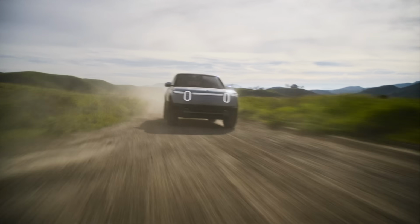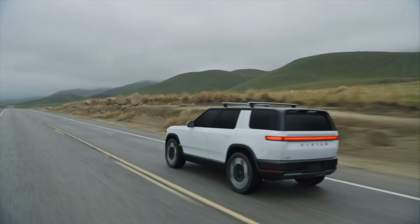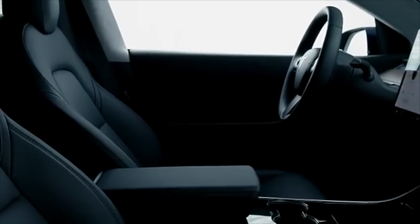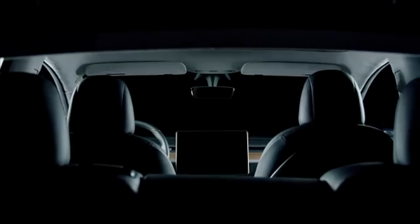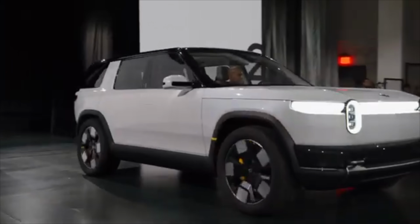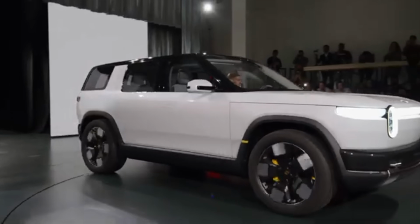This is the Rivian R2, a rugged midsize EV that starts at just $45,000. It's the most exciting new vehicle since Tesla launched the Model Y, which went on to be the best-selling car in the world, including beating out every model gas car available on the market. But it's been a bit over a year since the Rivian R2 was originally announced, and some big changes have